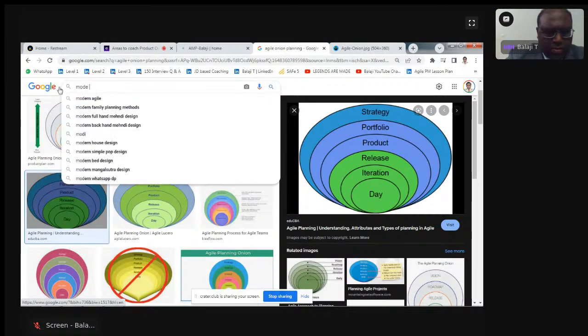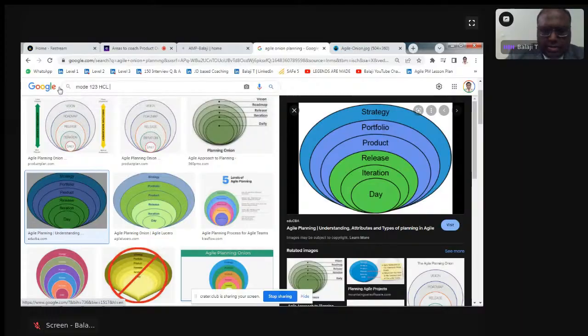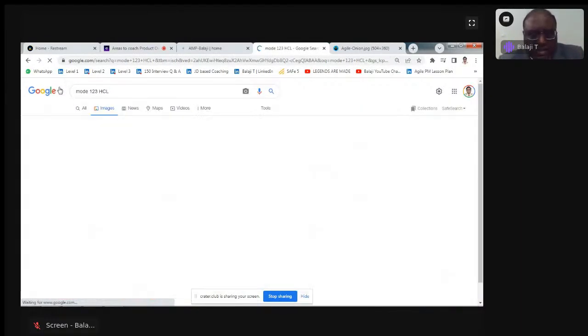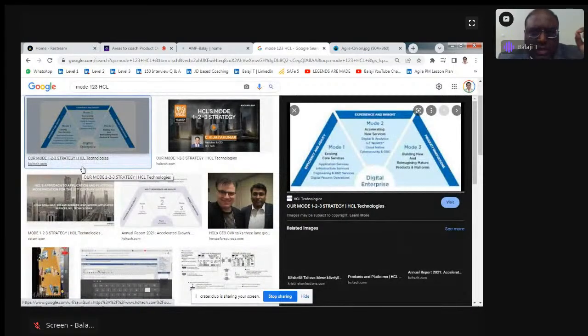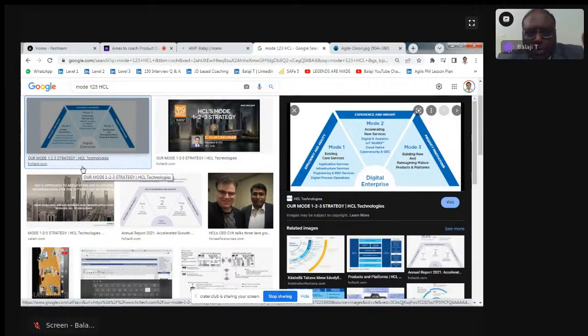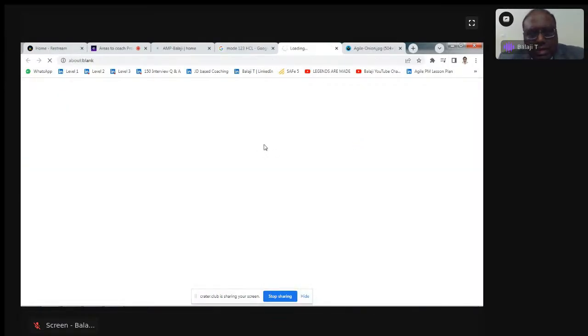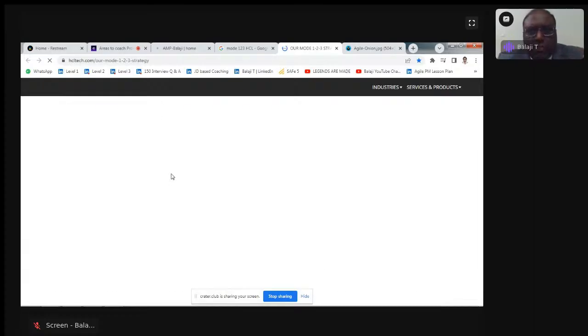Mode 1, 2, 3. Let's see. I'm just giving an example. Because I am typing Mode 1, 2, 3 HCL doesn't mean you will be looking into only this thing, but I'm just giving an example to give you a spark. It is up to you to produce the fire out of it. So if you click on this particular diagram, you can understand what you mean by